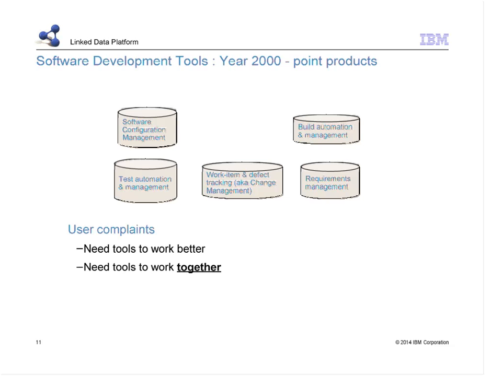And the situation in 2000 was basically that they had a whole collection of products that worked entirely on their own, that were completely disconnected. And people complained, quite rightfully, that they needed them to interoperate with one another. Because they wanted to be able to say, well, when I have a defect, I'm producing a test, and this test is going to check that the fix actually works, and they want to be able to reference one from the other. In general, they wanted the tools to work together better.